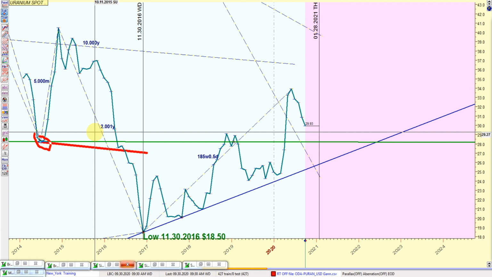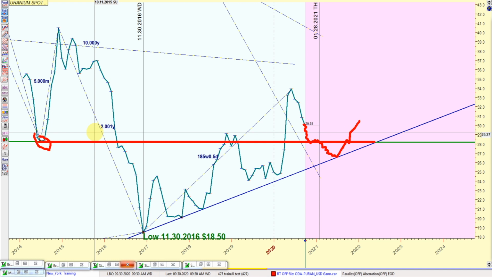Right here. And let's see if prices could hold this and go sideways. I mean, it may not have to do it exactly in January of next year, because you can see that sometimes uranium does its own thing and maybe pushes lower. But if I see it hold this angle and then starts going up,